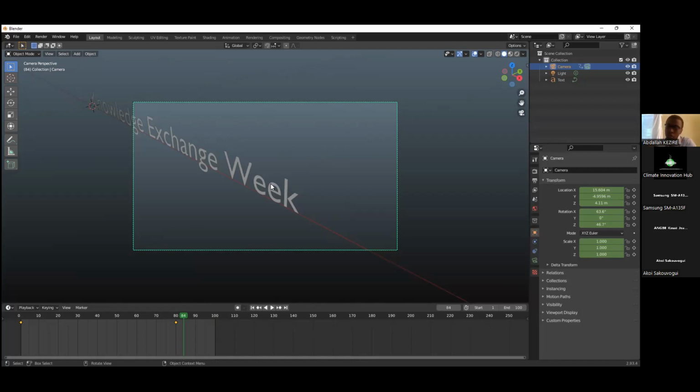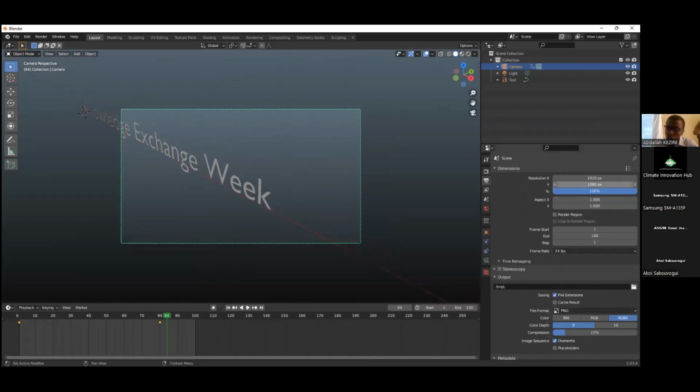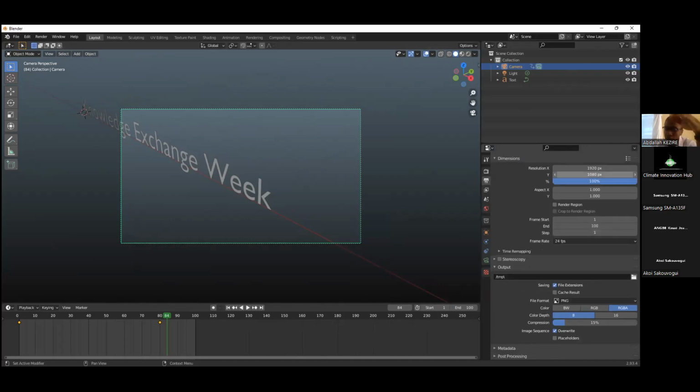So now there is a whole new layer for the rendering. You will set the dimensions of your output video, the quality, and how many frames in 1 second. And after choosing all these parameters, you click on render.